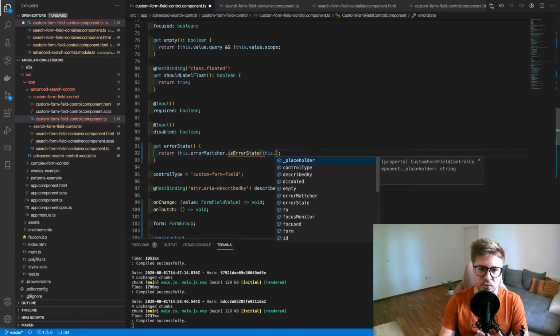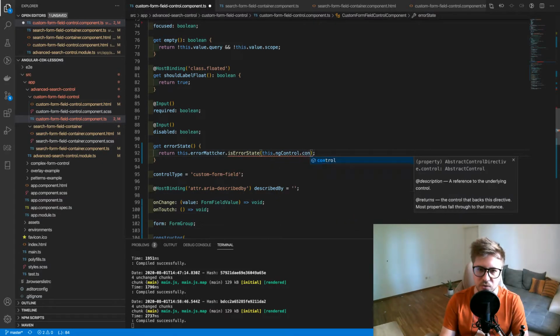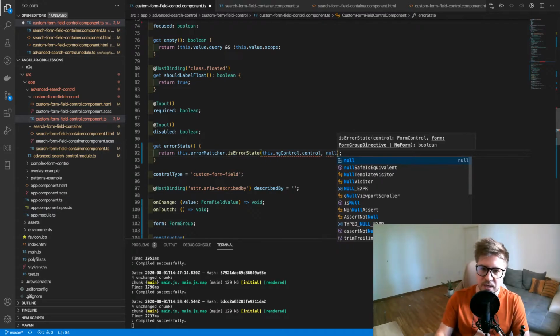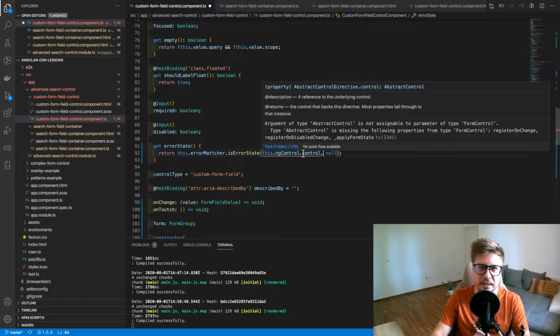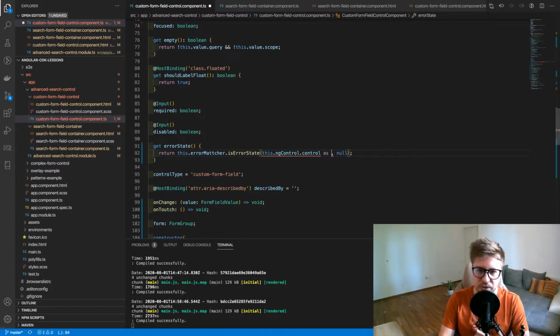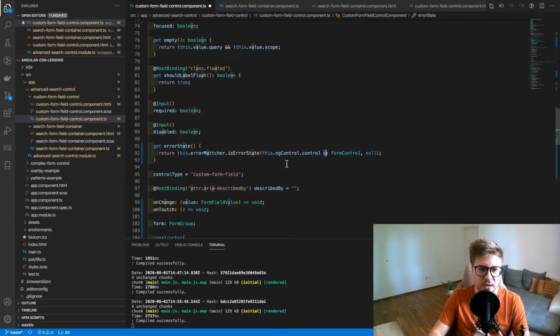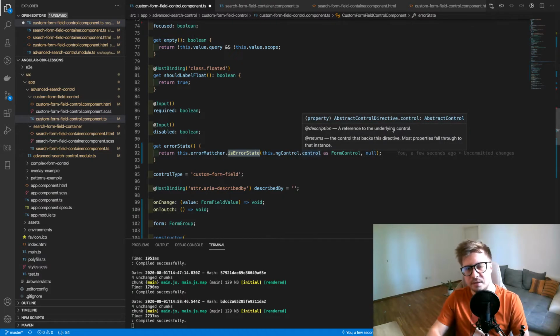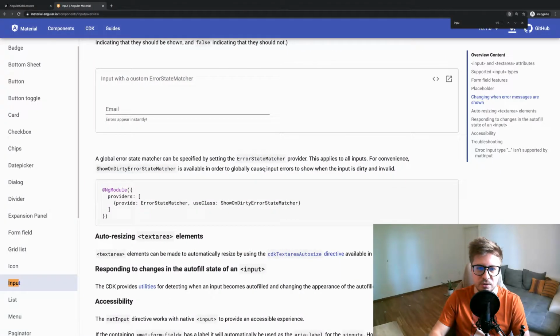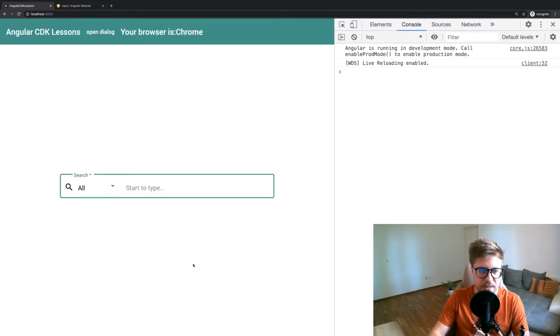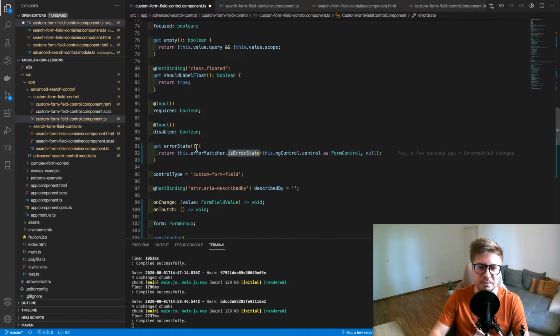So let's use our ngControl, and there will be null because we don't have the form. At least for this use case, we don't need it. It complains about abstract control. It is abstract control. Okay, we just have to cast it as a FormControl using this as. So our errorStateChecker will use this method to define if it's valid or not. So let's see it in action. If we reload, nothing happens. Yeah, makes sense because we didn't implement the custom validation, right? So we have to